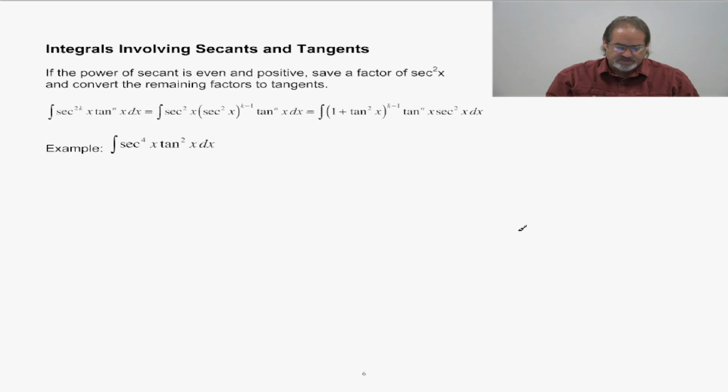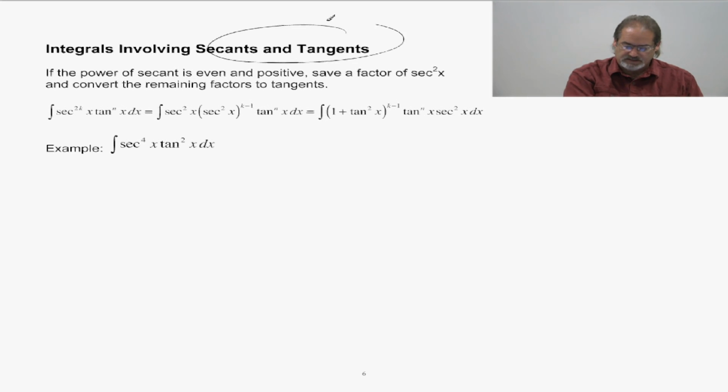Now let's take a look at the idea of integrals involving secants and tangents. The technique we looked at with sines and cosines, we're going to use the exact same idea. It's just simply different trig identities. If the power of secant is even and positive, save a factor of secant squared and convert the remaining factors